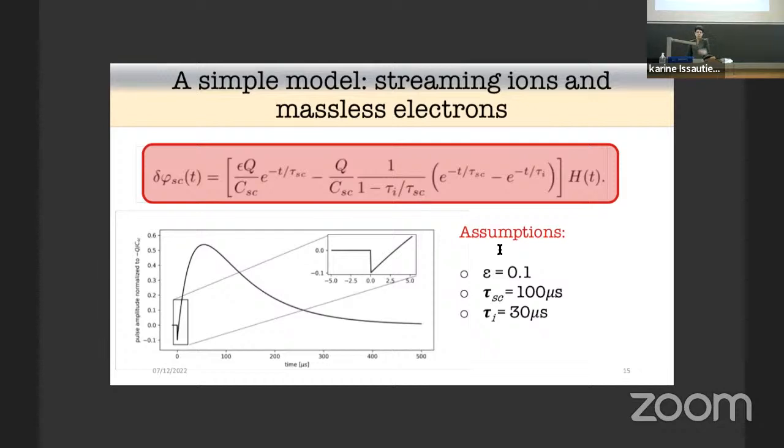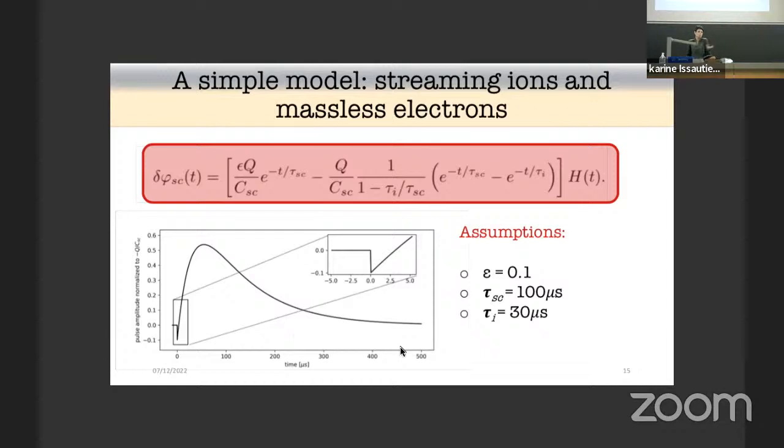If we put in some values for those parameters, and normalize the pulse with minus Q and the inverse of the capacitance of the spacecraft, we will obtain a really nice curve